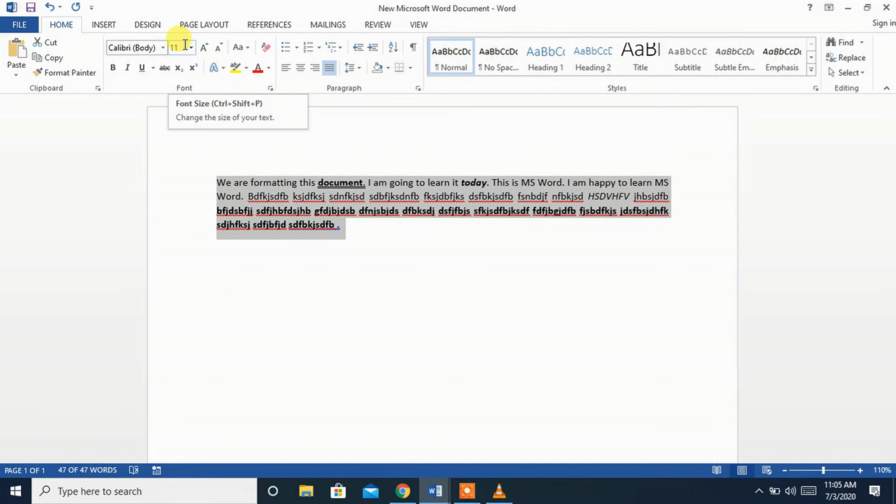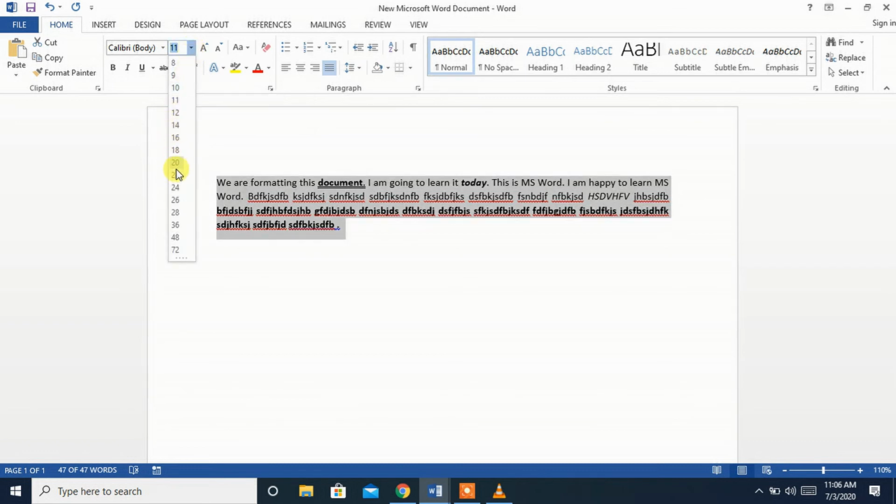Above bold, italic and underline option in the menu bar, you can see font size and font type. So I'll first show how to change the size. So I told it is of the size 11 because you can see it is written 11 here in this particular box. So if you want to change it to the higher sizes, click this arrow mark.